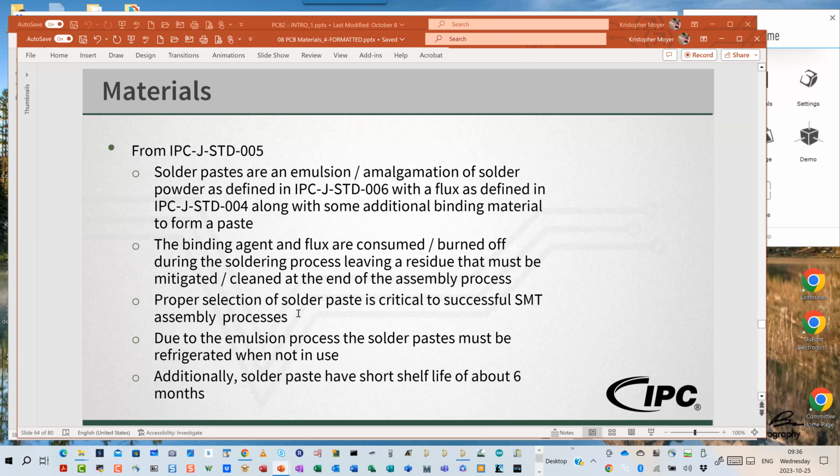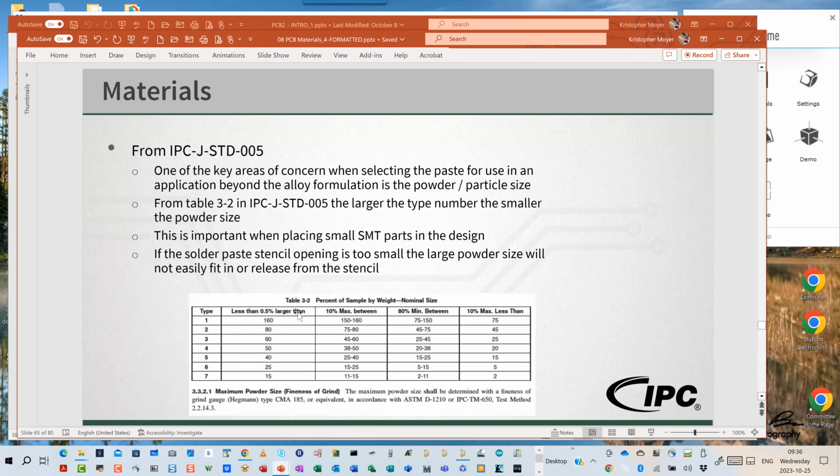One of the key areas of concern when selecting solder paste for use in an application beyond the alloy formulation is the powder or particle size. Table 3-2 in J*005, the larger the type number, the smaller the powder size. This is important when placing small SMT parts in the design. If the solder paste stencil opening is too small, the larger powder size will not easily fit into or release from the stencil. We'll talk about this again next week during manufacturing, but effectively what we're going to do is